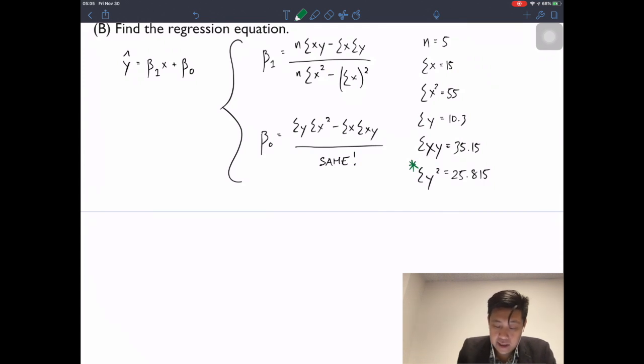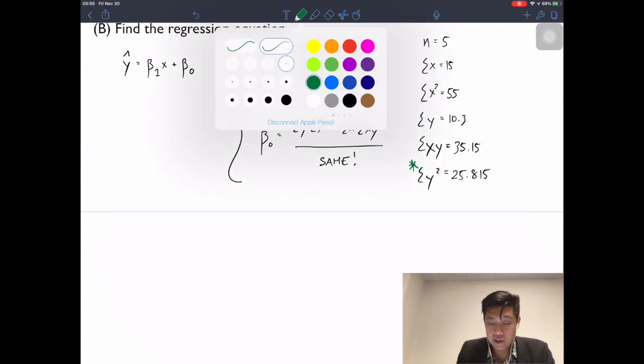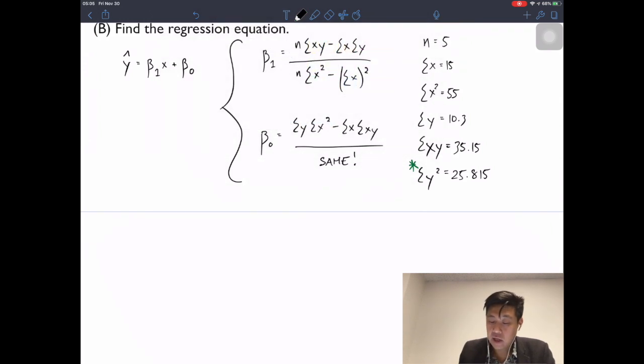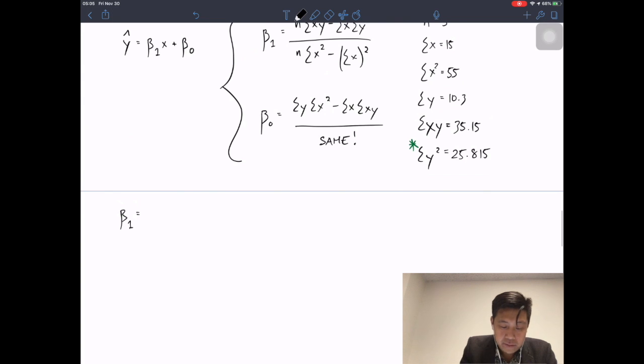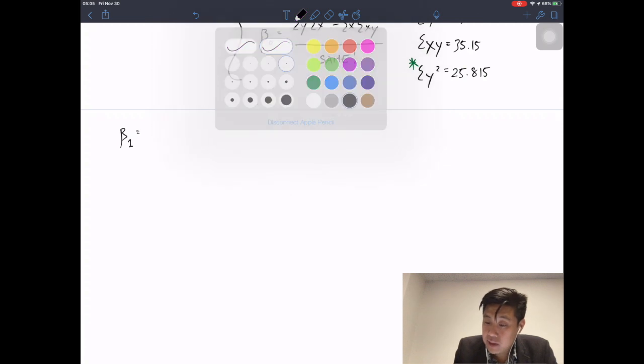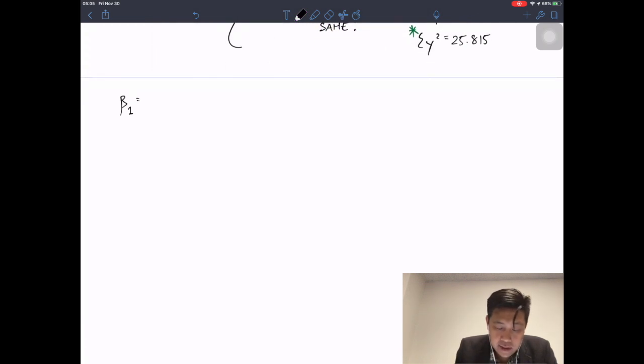So now I'm going to write down the beta 1, or in other words our slope first, with the numbers plugged in, and then I'll talk about a couple of key components there. So I'm just scrolling down a little bit. I'll put the beta 1 equation on the far left side so it matches the format of this here. So the beta 1, using those same summations, right? 5 times 35.15 minus 15 times 10.3. This is all over the denominator, 5 times 55